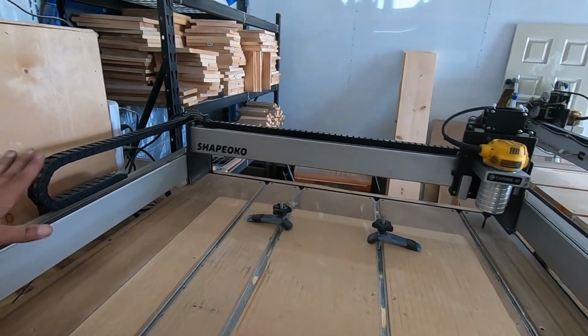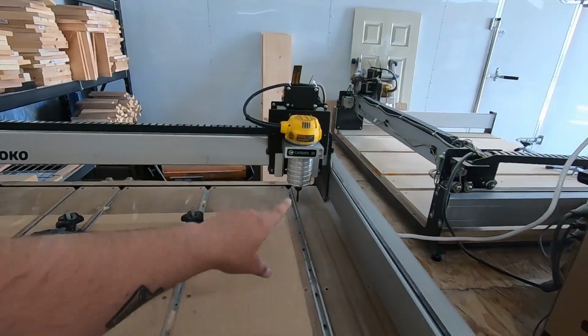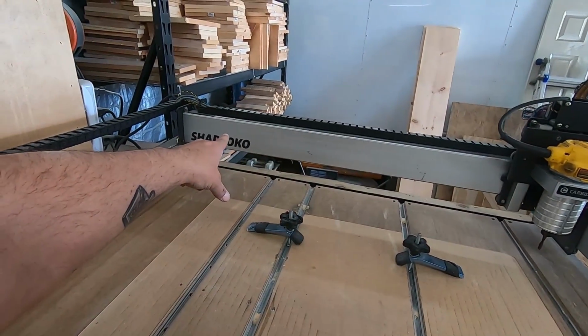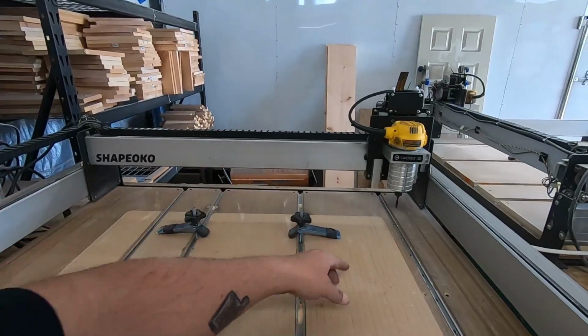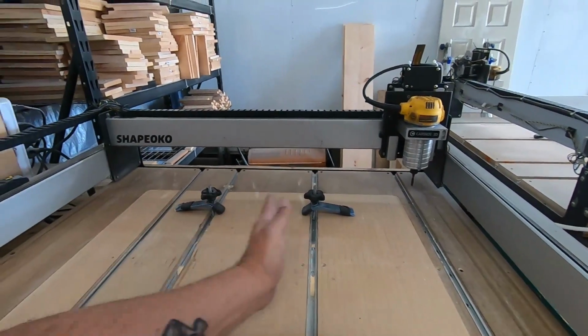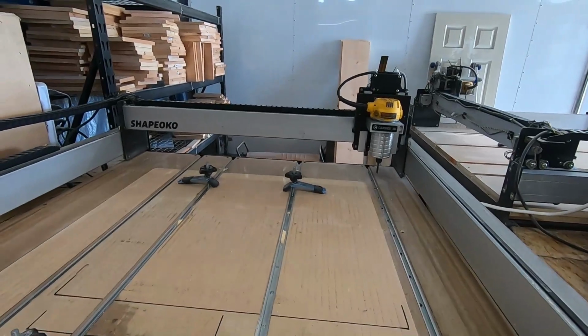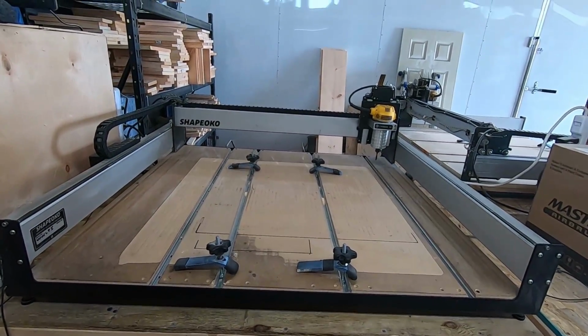Okay, so you have two arms here, one on the left and one on the right, and then you have one that goes across the back. So you have the X and the Y and the Z, and the Z is the height, and the X and the Y is this direction and this direction. Now, this is all generated by the code that you create, what we call G code, out of a